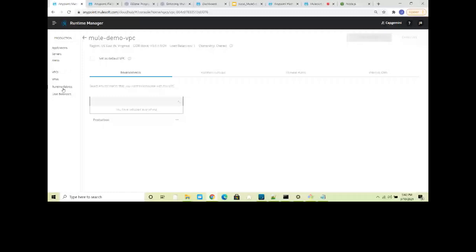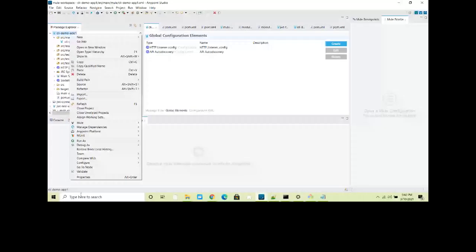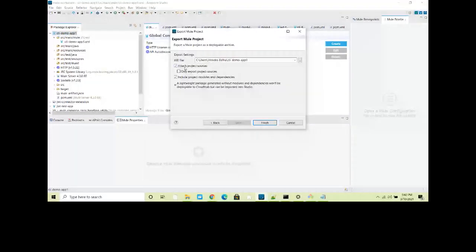Let me show you. I have one application, Mule Test app. I have created one application which is known as CLI demo app. So let me deploy this application. I can just say export, and I just attach it.